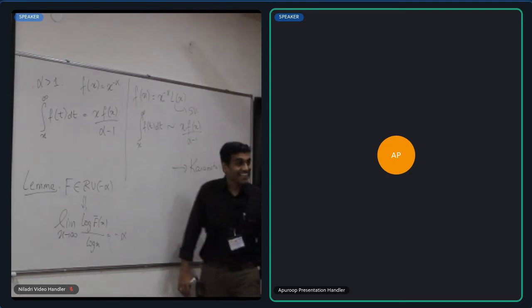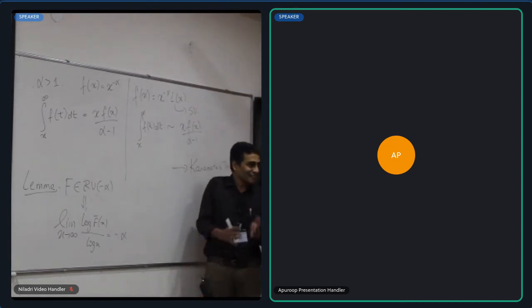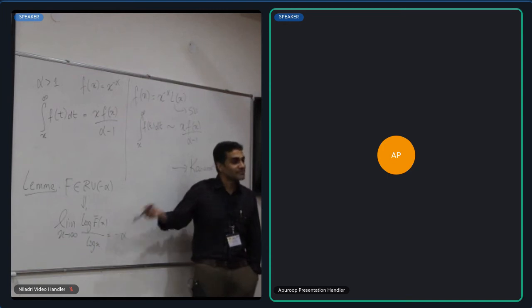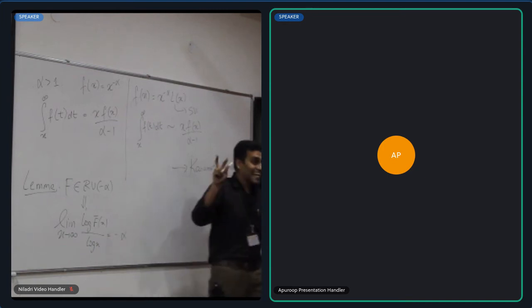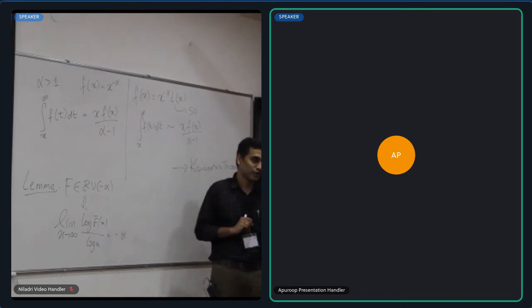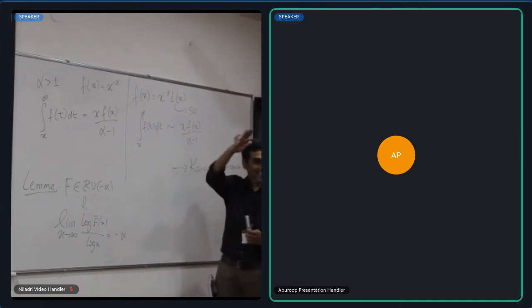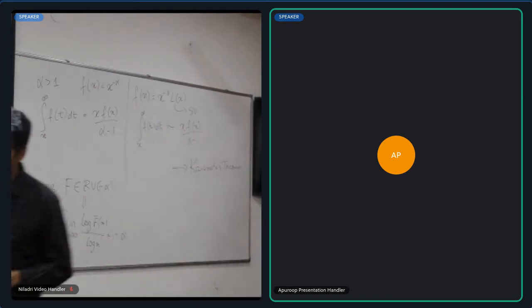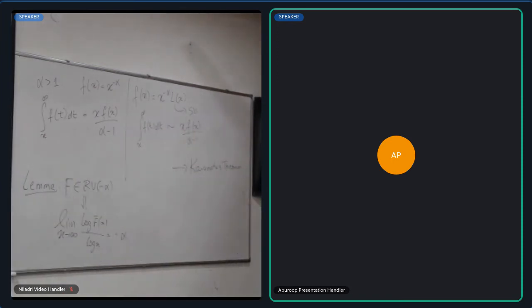So it's not exactly linear. Many of these properties now become asymptotic properties. So log of f bar is no longer decaying linearly, but asymptotically it decays linearly with an asymptotic slope which corresponds to the index of the power. Okay, so you don't get a straight line, you get something that asymptotically approaches a straight line with the slope of minus alpha. Okay, so that's another nice property of regular variation.